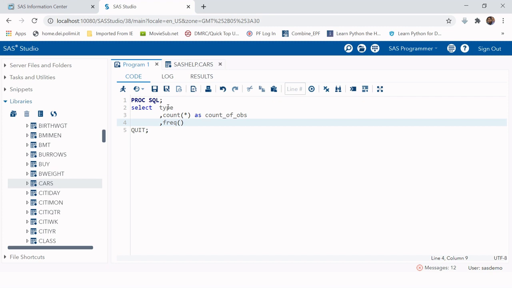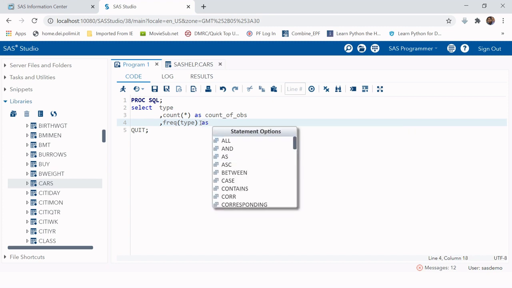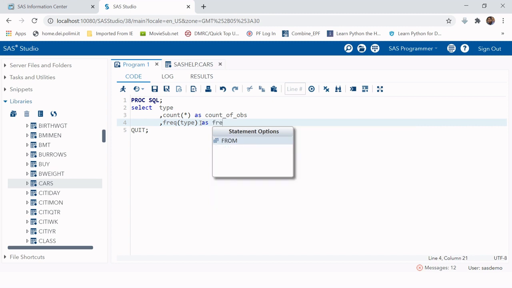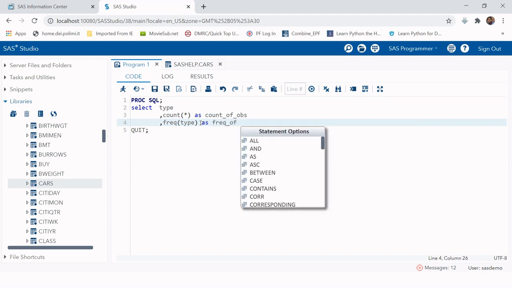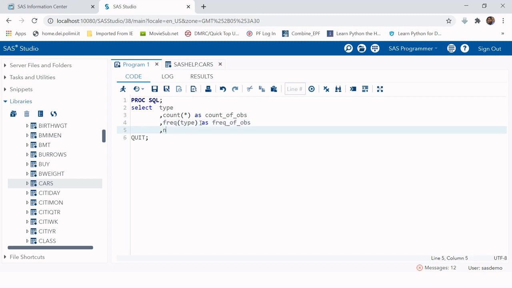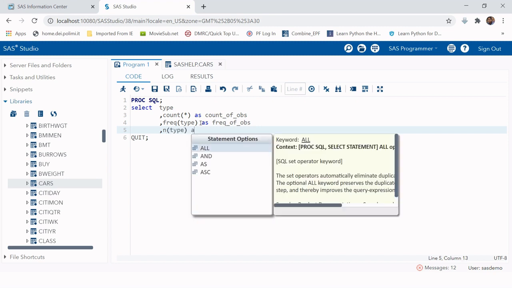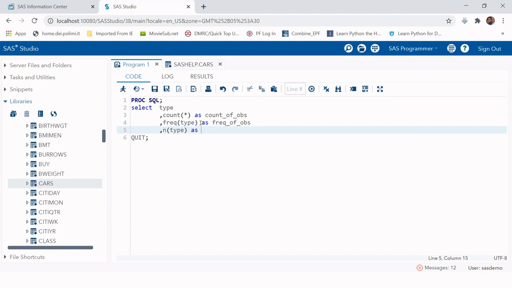Let's take an example. If you provide type over here, and if the type variable has some missing values, those will not be counted, only the non-missing values will be counted over here. Frequency of observations, then the same thing we can obtain using the n function as number of observations, and the source is from